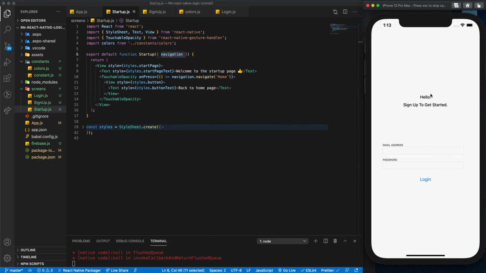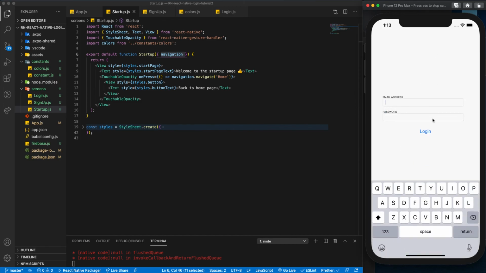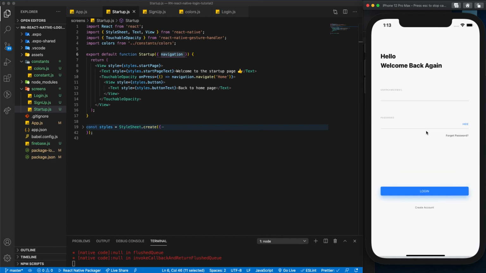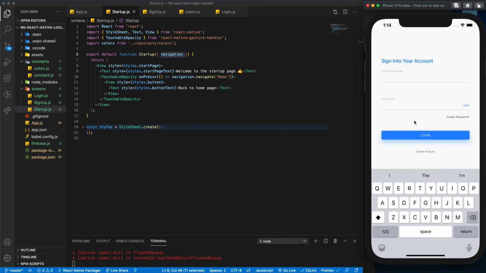When you go here, it says hello, sign up to get started, right? When you click, everything went off. When it shows this sign up page, we learned how to hide this button so that people don't keep pressing it and not getting any functionality out of it, or rather getting bad functionality out of it, right? So go back to our home page, and when you log in, you go back to your new page. I believe these three series videos were able to explain to you little things about React Native